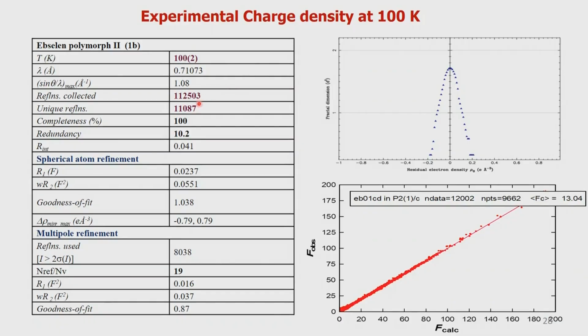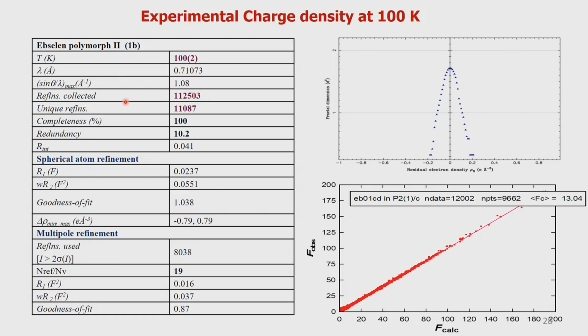And the total number of reflections collected, as you see, is enormously large for a very small crystal unit cell dimensions. I think the unit cell dimensions are not given here, but I remember them. It's a monoclinic system, and it is 8 by 12 by 14. It's a very small cell. So you see that we have 1,12,503, out of which, of course, all the redundant ones are also measured.